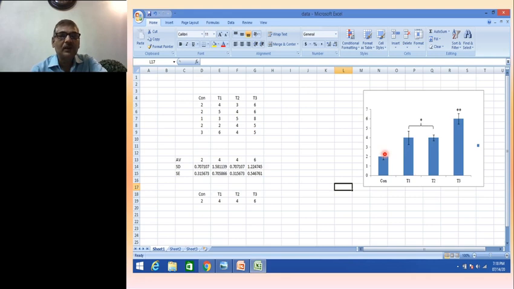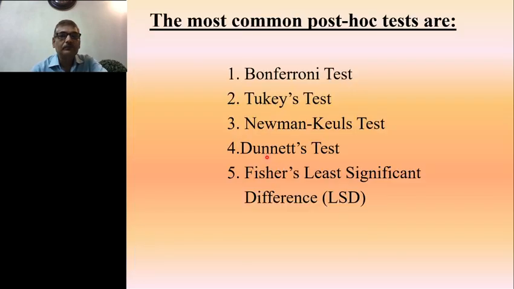So all these things we can perform through Excel sheet, and this total analysis is based on calculations like average, standard deviation, standard error, as well as ANOVA analysis. As I told you, through computer programs, we can adopt any one of these 5 methods suggested for post-hoc analysis, like Bonferroni test, Tukey's test, Newman-Keuls test, Dunnett test, Fisher's least significant difference test.